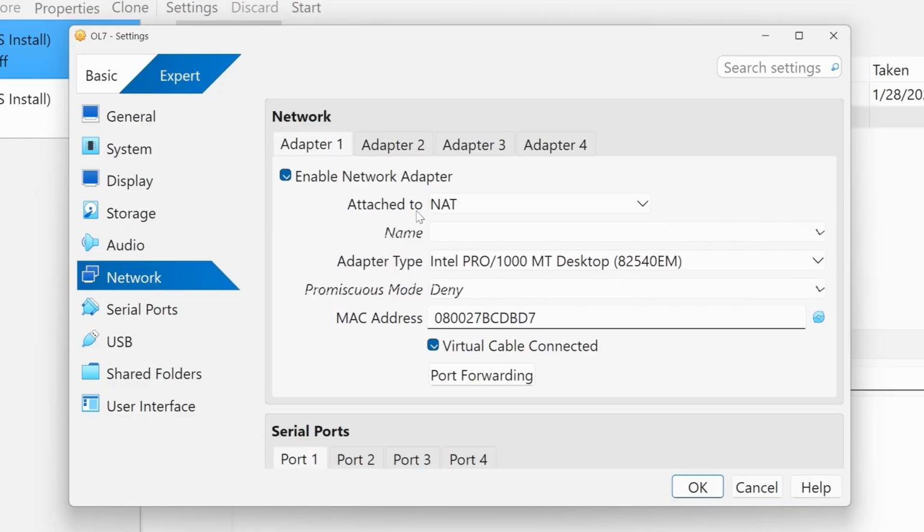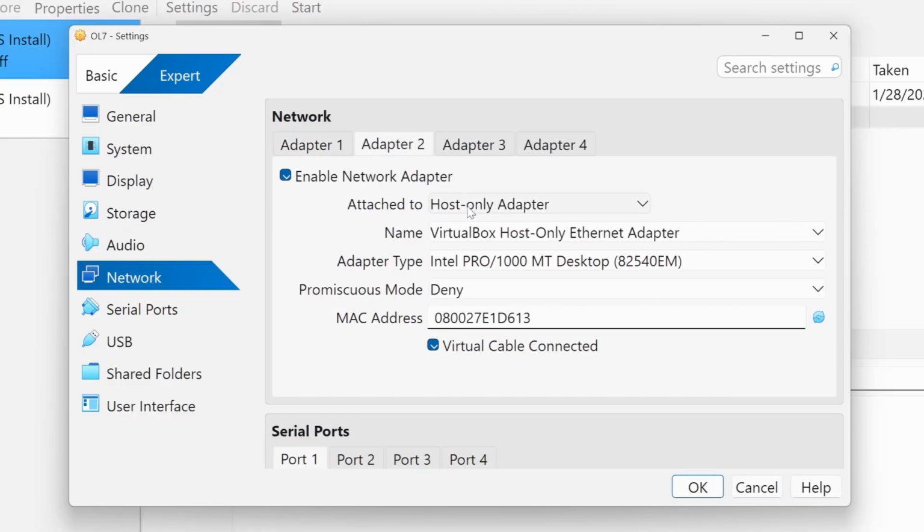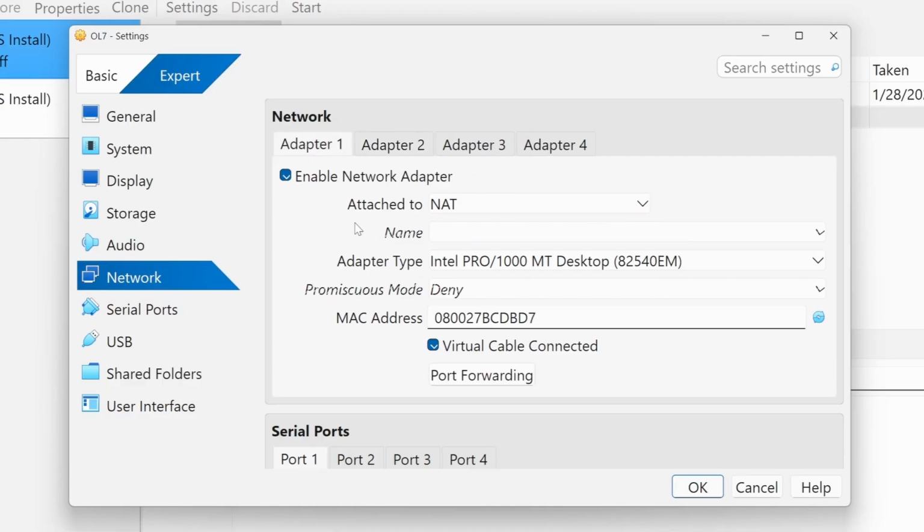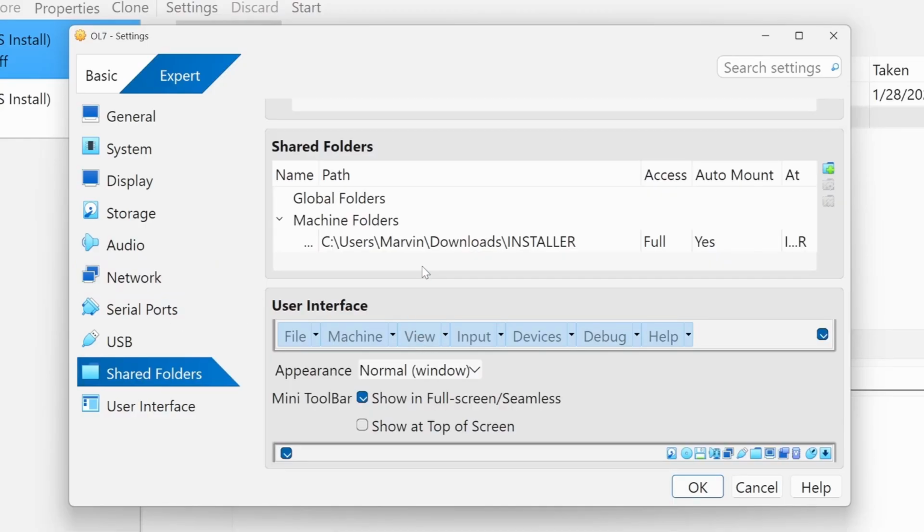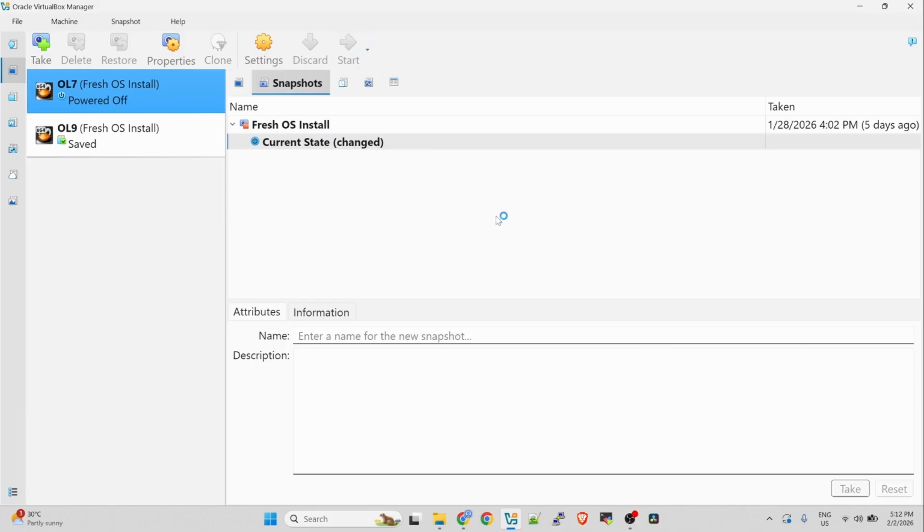Network, we're using the default NAT, and then I added a host-only adapter for VM to host connection. And this one we're going to use to connect to the internet. Shared folder, I added this installer folder for our installer files and other stuff. Let's start it now.